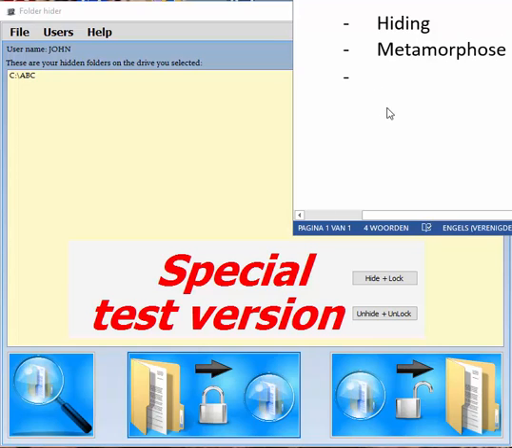And as a third option, we used locking. Now what we will do is we will make our hidden folders visible. And once these folders are visible, you will see the metamorphose in action. However, it's difficult to also show you that we have the locking mechanism, because the metamorphose prevents us from showing you that. So that is why in this special test version we created these 2 buttons,